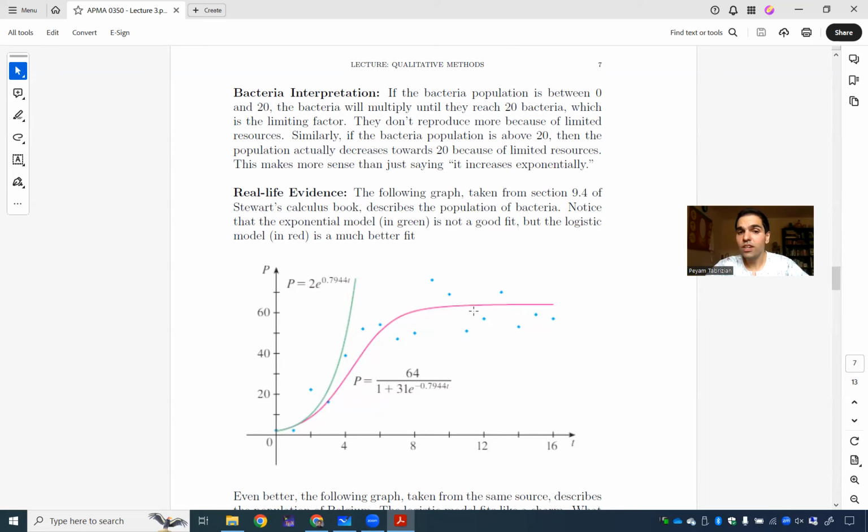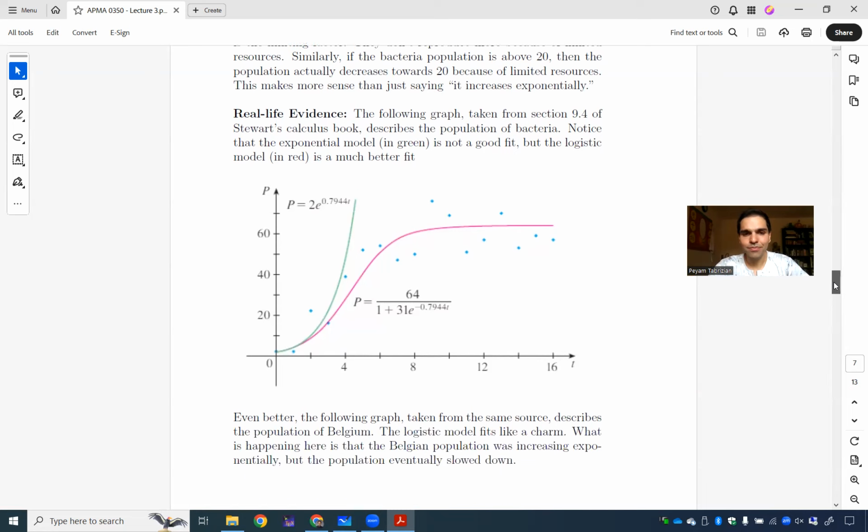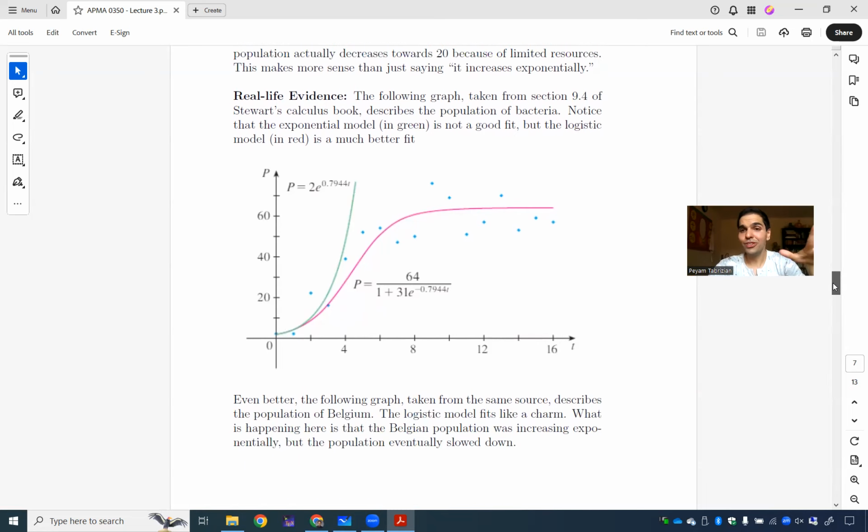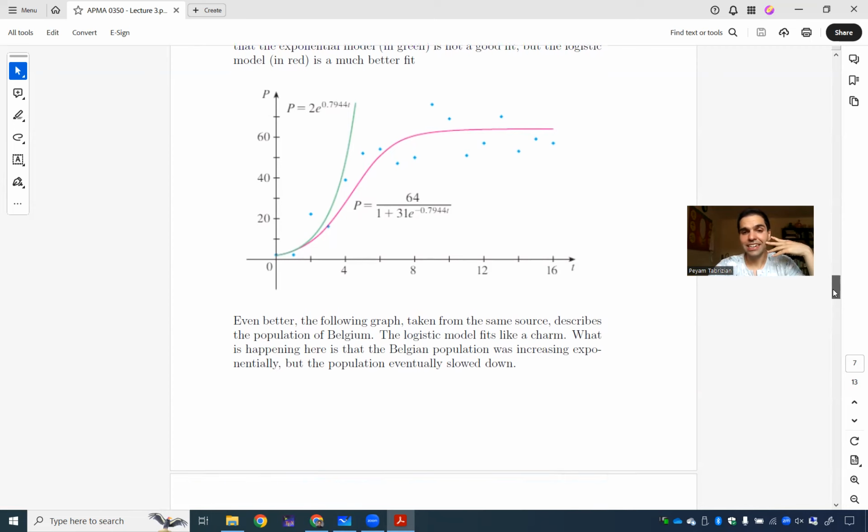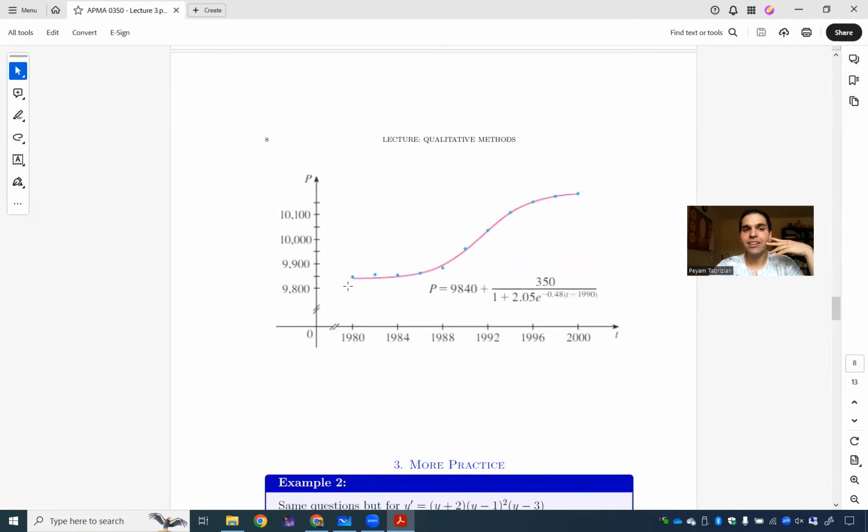But if we use a logistic model, then it fits the points much more nicely. Sorry, that was for bacteria. And now for population of Belgium, I just want to show you how beautifully a logistic model fits the data,